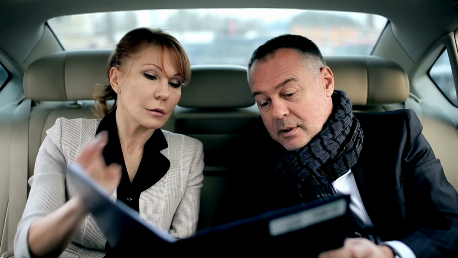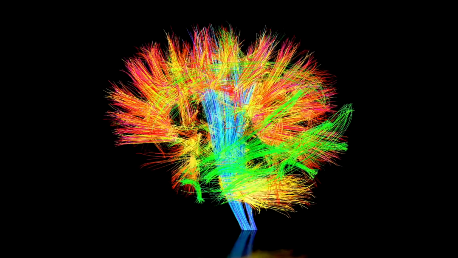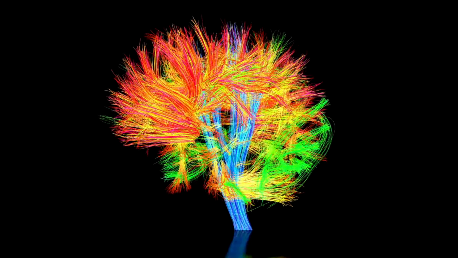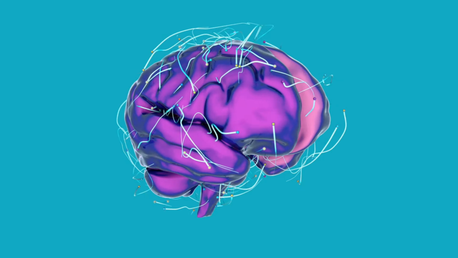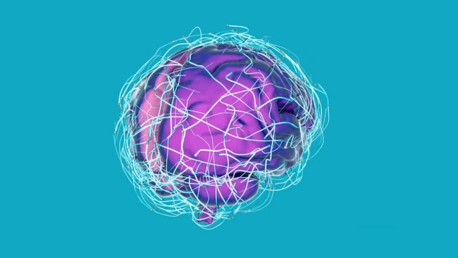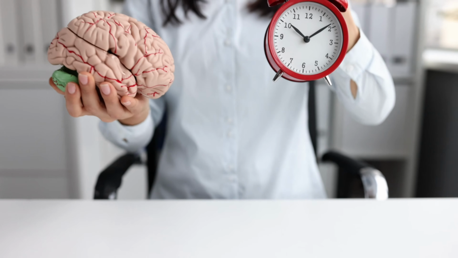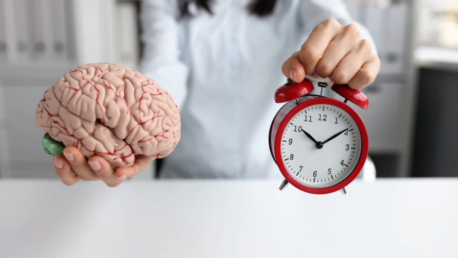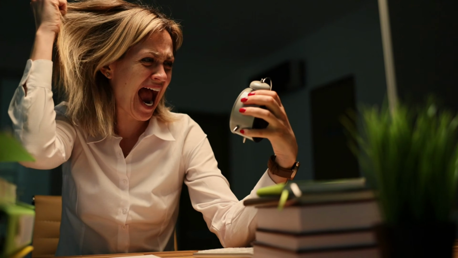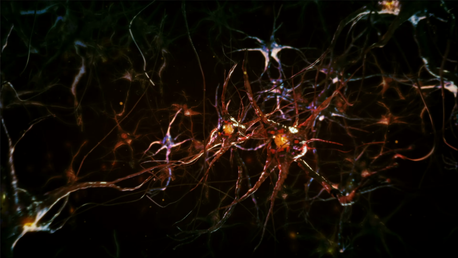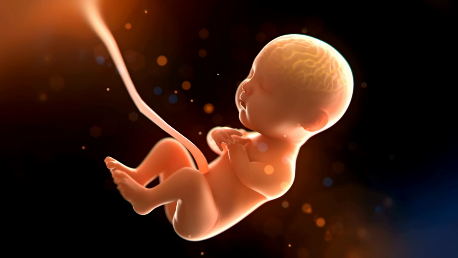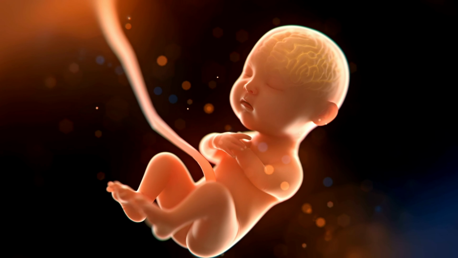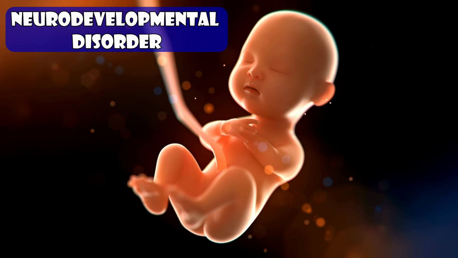In order for the frontal lobes to control the emotional system, there is a critical white matter tract which connects both the frontal cortex and the amygdala, which is called the uncinate fasciculus. This critical white matter bundle is one of the final white matter tracks to develop in the brain, and it doesn't finish maturing until well into your 30s. Correspondingly, the uncinate fasciculus is underdeveloped in psychopaths, and so the psychopath's overactive amygdala is not being adequately inhibited by the frontal lobes. Altogether, these findings have led neuroscientists to theorize that psychopathy is in fact a neurodevelopmental disorder,